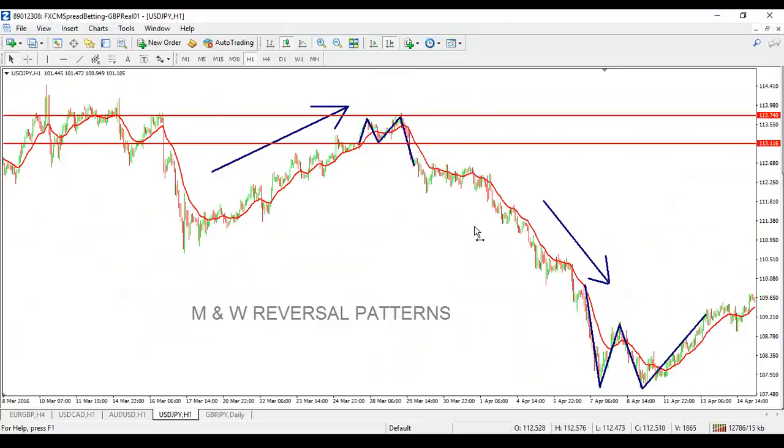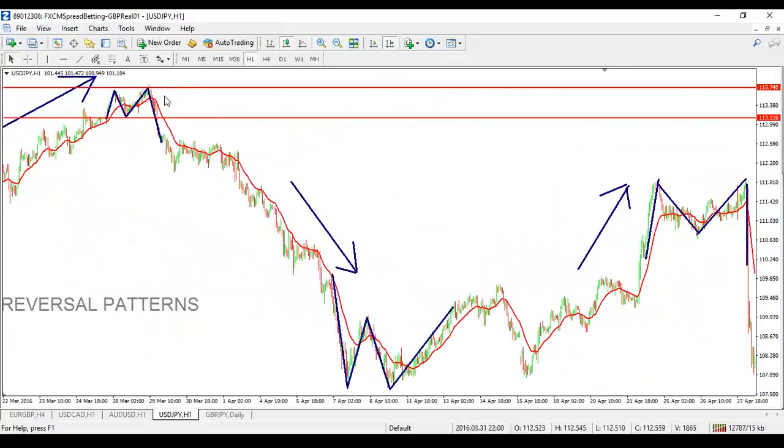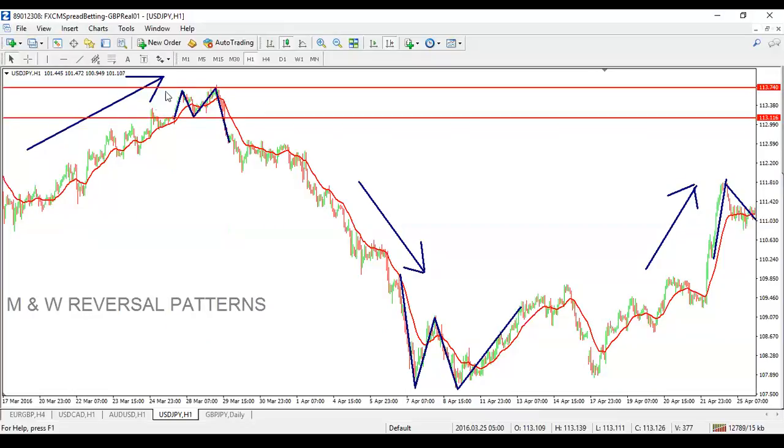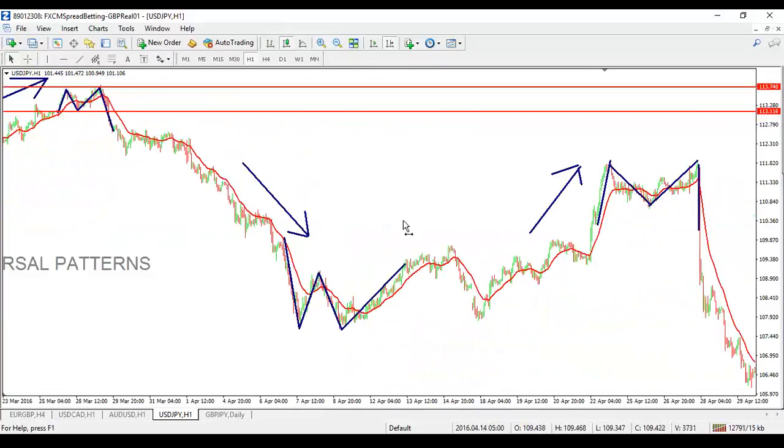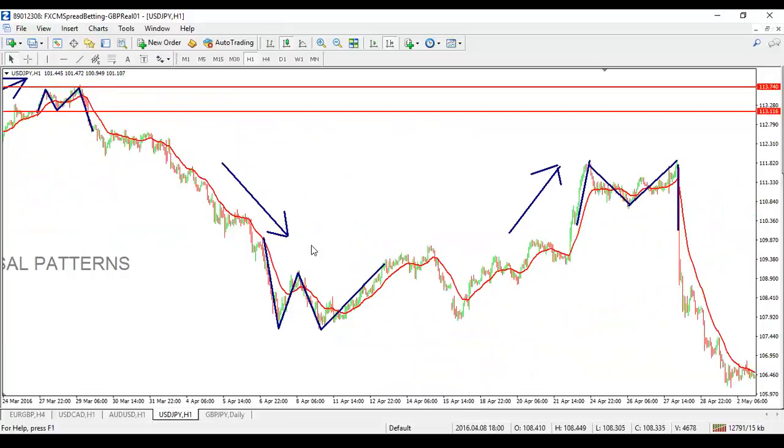An M will always form after an uptrend, and a W, which you have down here, forms after a downtrend. Now you could have traded this all day and become profitable. So here's your M, you follow it down, you take profit there. Now you've got a downtrend, and like I say, a W, or a double bottom, will always form